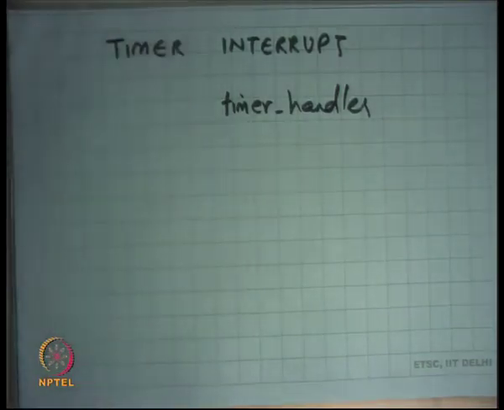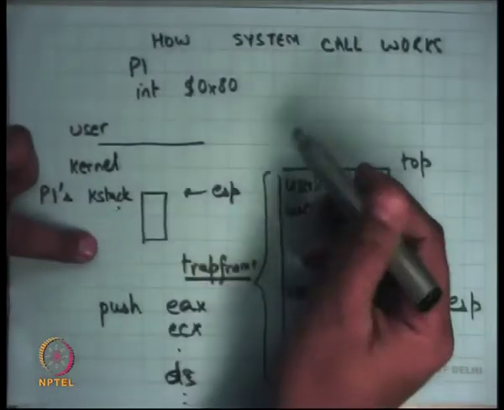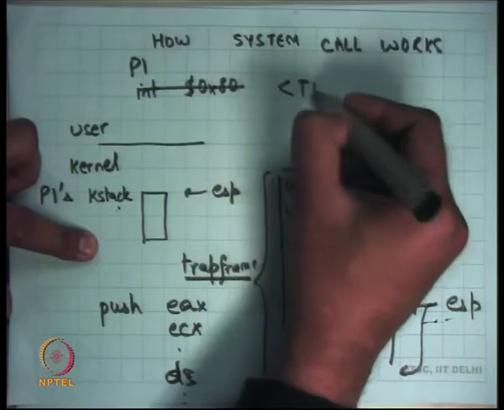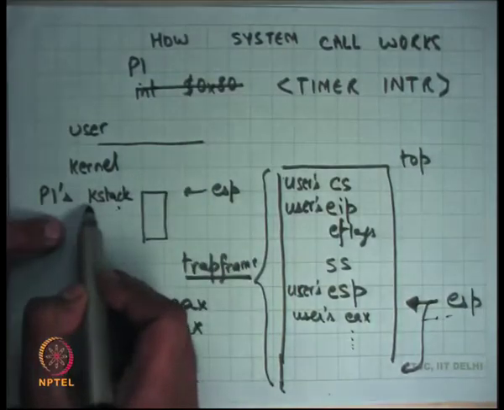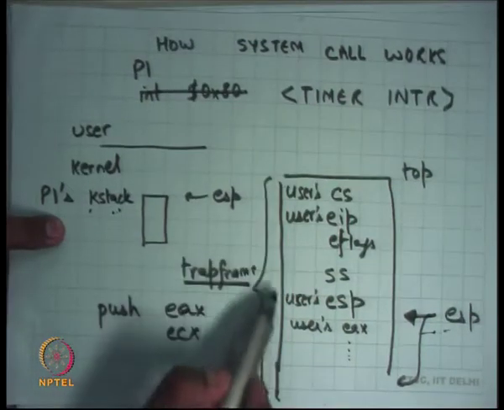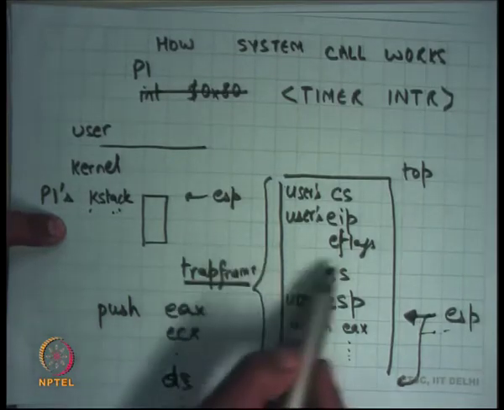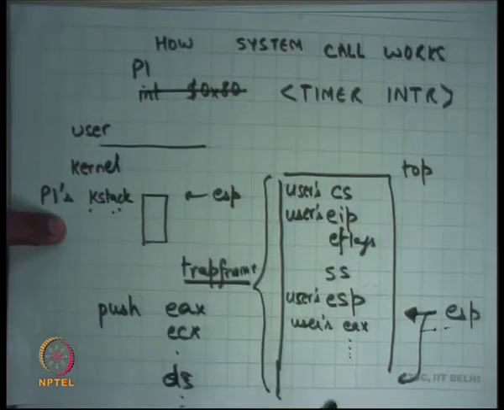So instead of interrupt 0x80, let's just say an external timer interrupt occurred. Once again, P1 will shift to the K stack, and it will push all these values. These 5 values will be pushed by the hardware, and other things will be pushed by the timer handler. Now it will call the scheduler, and it will be the identical thing. The only difference between a timer interrupt and the yield system call is that a timer actually forced the preemption, while yield was a voluntary preemption. The mechanism is identical.